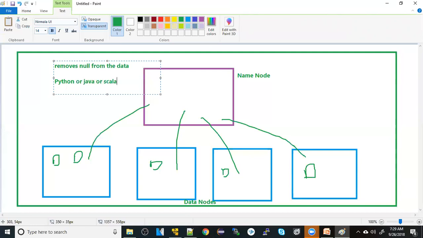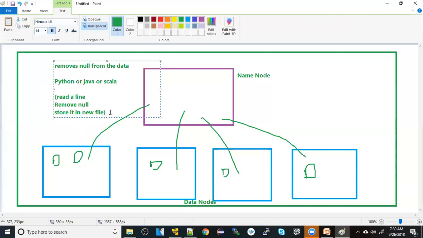My code goes like this: read a line and then remove null. That's all I'll write. Remove null, store it in a new file, save it as a new file. So I'll write just a small program,